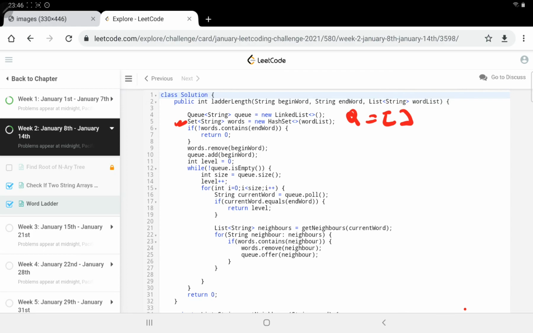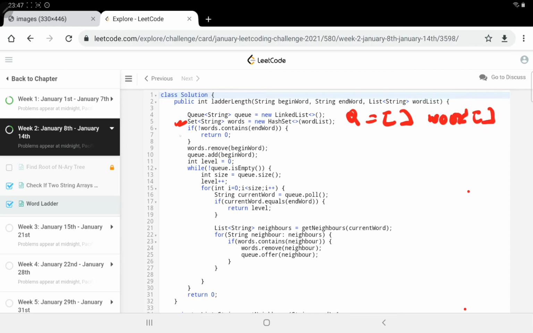the values in our set, all the dictionary words, because after generating one combination or one valid word, we will check whether it is valid or not. Those operations will be much faster in a set compared to a list, right? So we convert the list to a set, because a set only contains unique words, and if I want to check whether any particular word is there in the set or not, it is much faster than a list. So for that reason we took this set, words. Basically words will contain all our dictionary words, right?